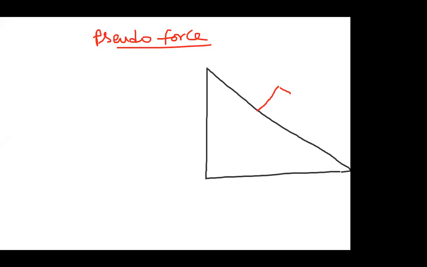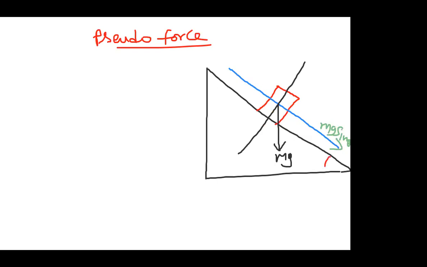So whenever we place a block on the inclined plane, the forces we can observe here are, first of all, the force parallel to the slope. What is the force parallel to the slope? It is mg sin theta. Here we have to take the weight. Already we have discussed in our last application that mg is acting downward and this angle is theta, this angle is also theta. So I can write this as mg cos theta and that is mg sin theta.